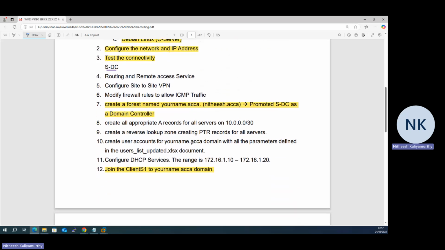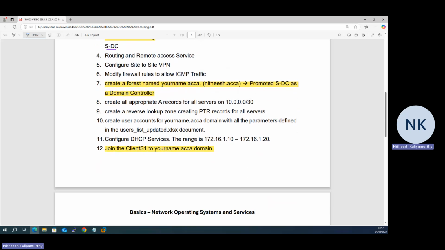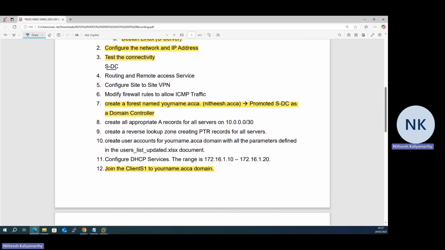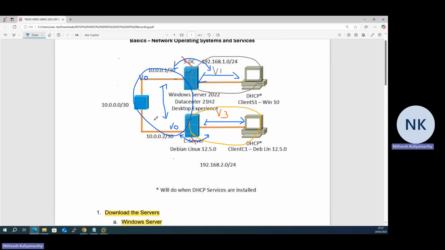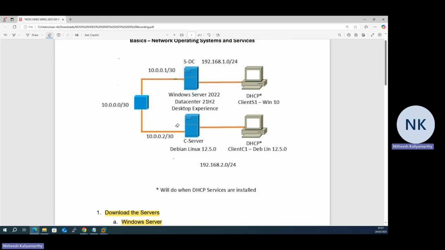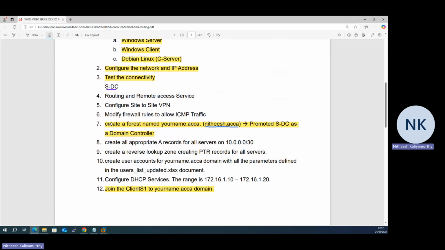So here the first thing I would recommend, or I would be doing, is creating a forest with your name. In my case it is nitish.acca, and promote my SDC as a domain controller, which means my SDC would be a domain controller, right? That's the first thing I would do, because once we have the domain controller in place, it would be easy for us to get control over the network. So that would be the first thing which we have to do, and which we have done